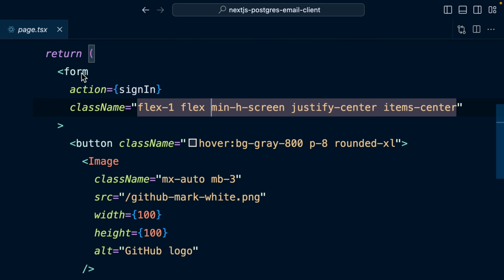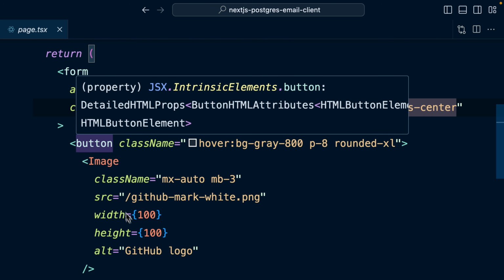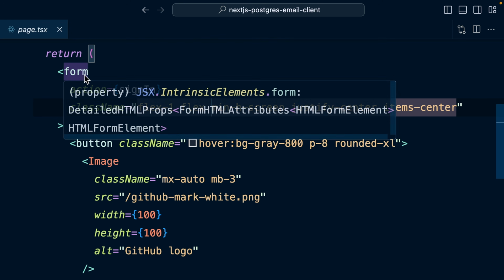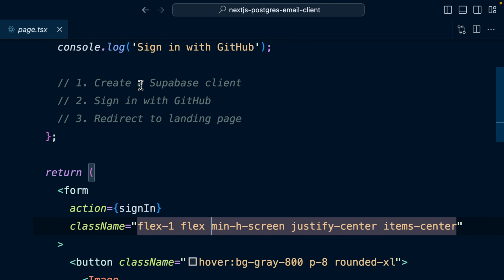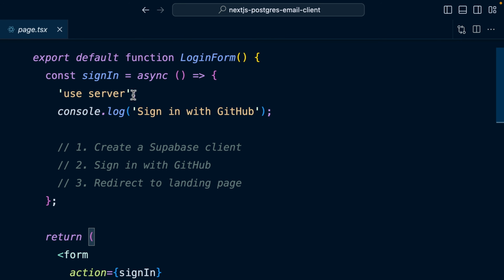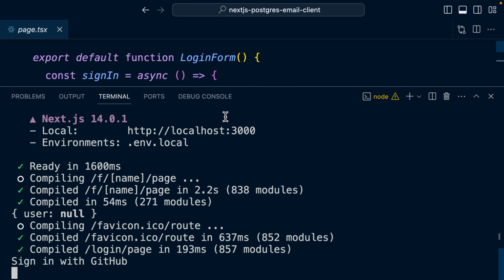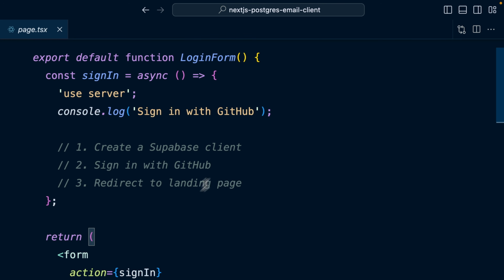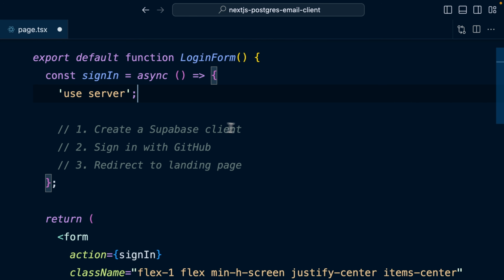We have a form with a submit button and the GitHub logo. When we click it, that submits this form to this sign in action, which is declared above. So this is a server action. And right now we're just console logging out, sign in with GitHub. And if we open up the console for our dev server, we can see that message from when we clicked earlier. So we can get rid of that console log now, and we just need to create a new Supabase